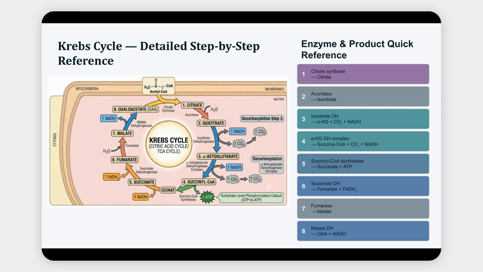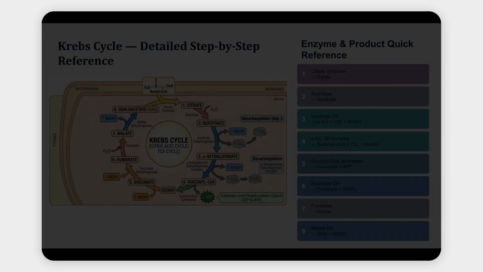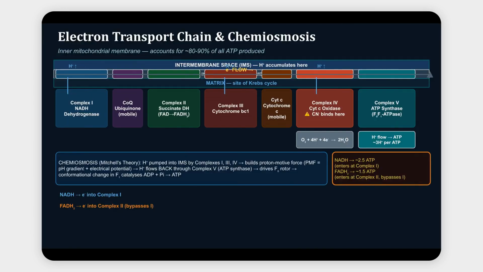Let's talk about the electron transport chain. This is the most complex slide, so we are going to take our time. The electron transport chain is the final and most productive stage of aerobic respiration. In fact, this is where the NADH and FADH2 from glycolysis, the link reaction, and the Krebs cycle finally surrender